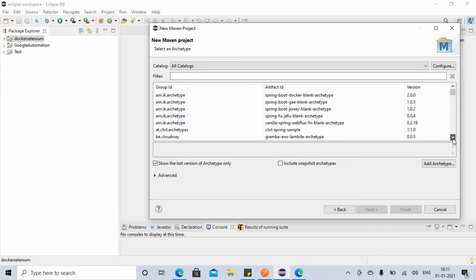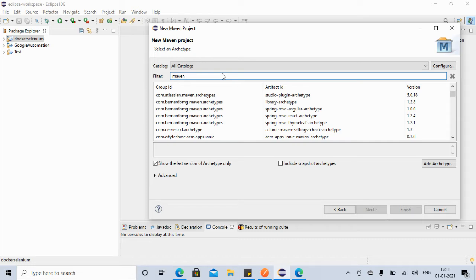Like for testing, we need Maven. Just give me a second, friends. So which archetype we can use?